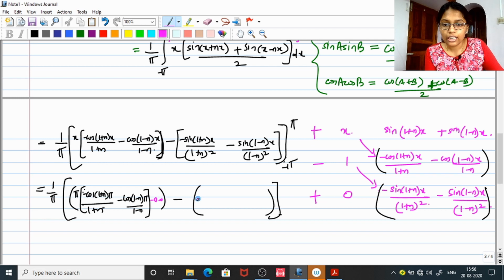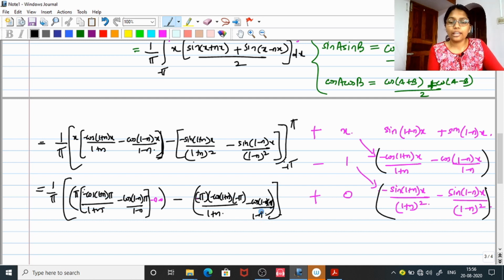Okay. Now again move on to substitute the lower limit. It is negative pi into negative cos 1 plus n of negative pi divided by 1 plus n minus cos 1 minus n of negative pi divided by 1 minus n. Okay, here again let me say that the third and fourth terms are having sine, so no need to substitute for them because sine any pi is 0. Okay, so our equation has been reduced to